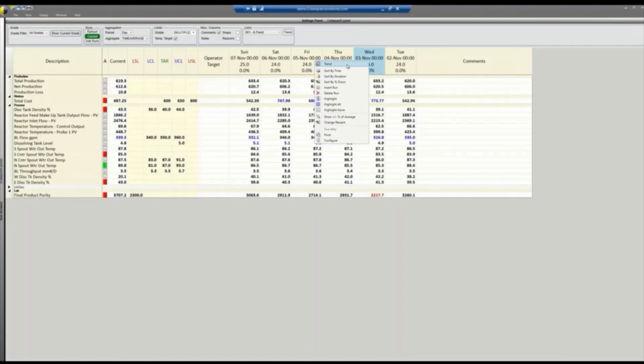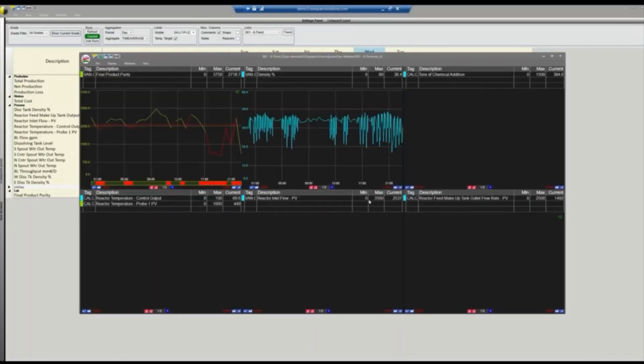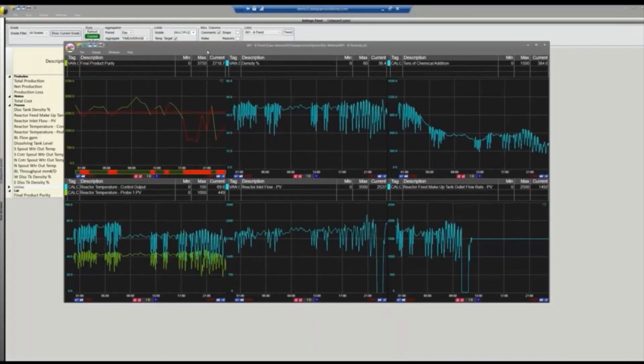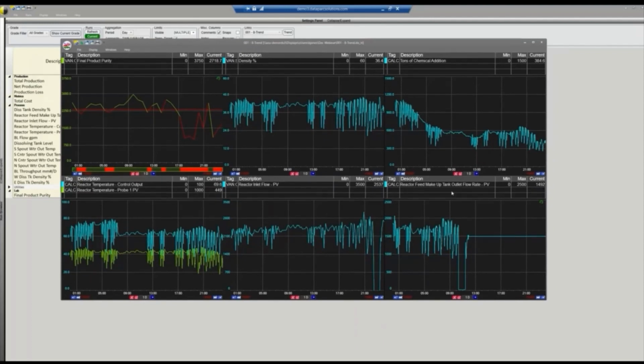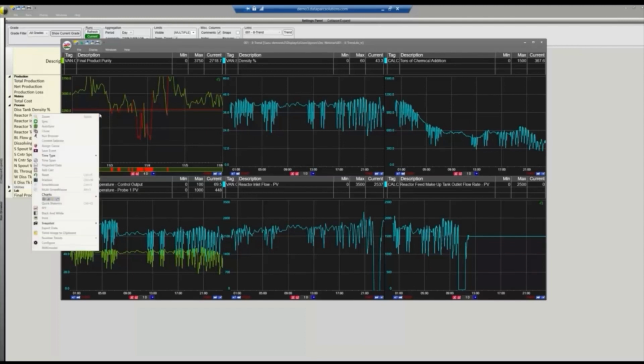So we're going to trend for that specific day. And here we get a trend not only with our purity tag, but with a few other tags that we feel represent what the purity tag might be doing or might happen to it. So we'll zoom out a little bit and we can see that for the third, that's our day in question, it's kind of okay at the beginning, but then goes south and then finally pulls out of that.